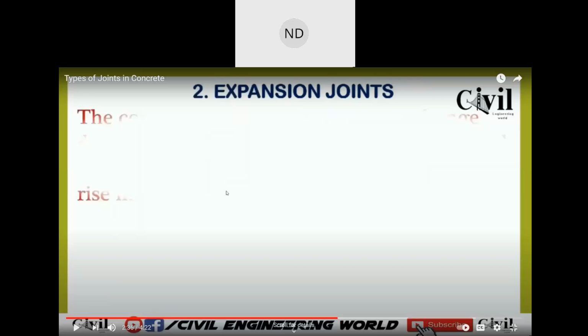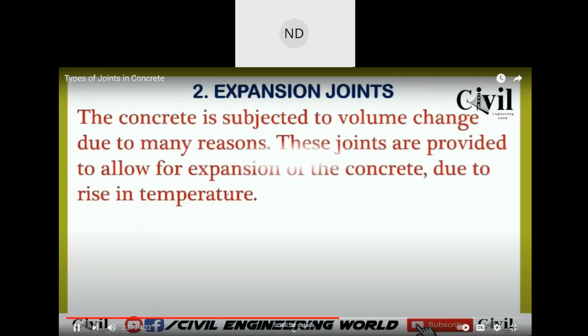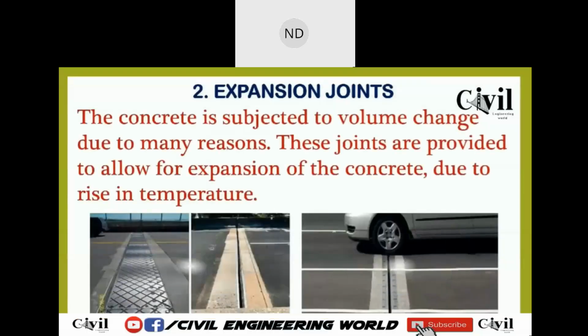And the next one is your expansion joints. Concrete is sometimes subjected to volume change due to many reasons. For example, due to heavy loads or due to change in temperature, concrete may change its volume, and due to this change in volume, it puts pressure. So in order to accommodate that pressure, we have to provide these expansion joints. These joints are usually provided